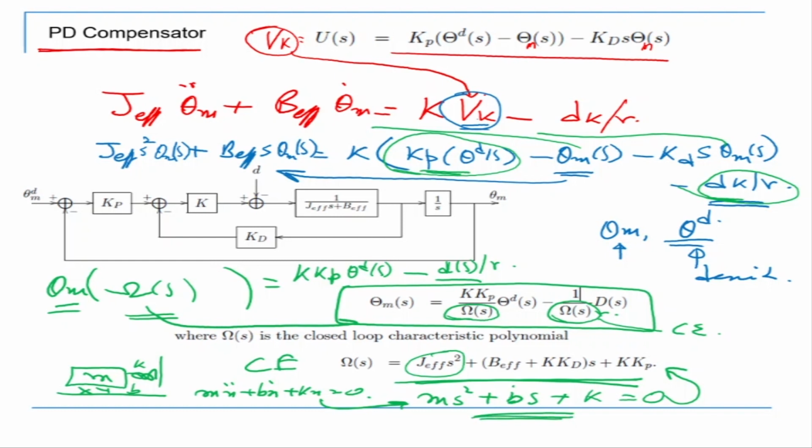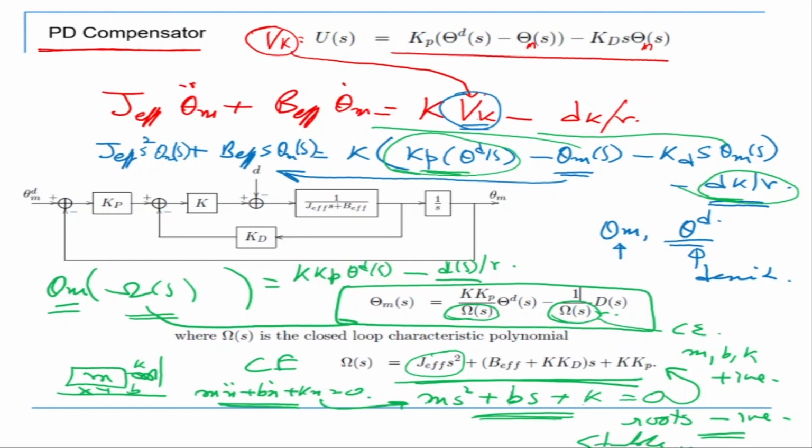Now the question comes, is this a stable system? In this case, we talked about Lyapunov stability and I showed that this is a stable system. It cannot become unstable. Why? Because the roots are negative, always on the left of the j omega axis. Why? Because m, b and k are positive. Hence roots are always negative, hence the system is stable.